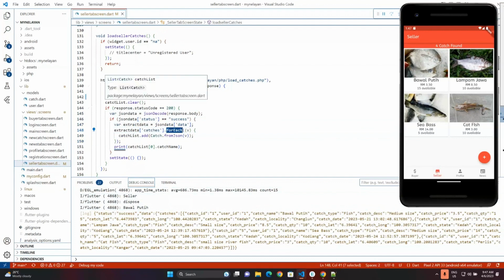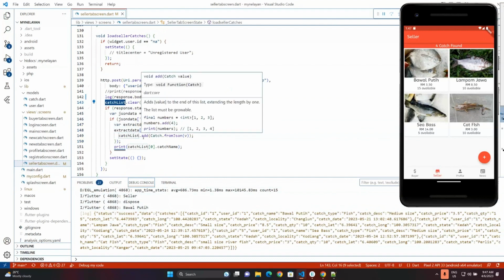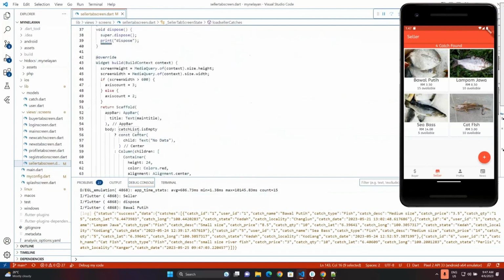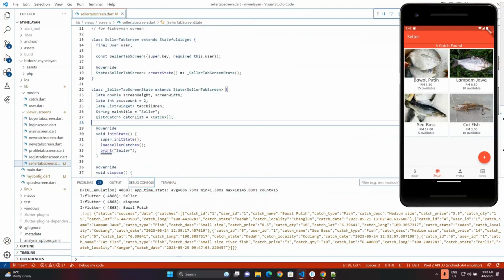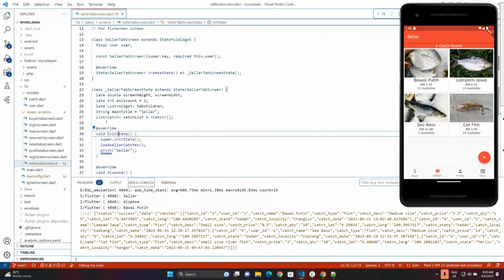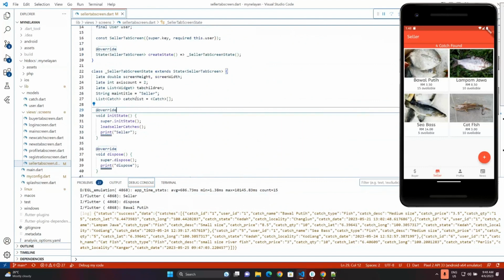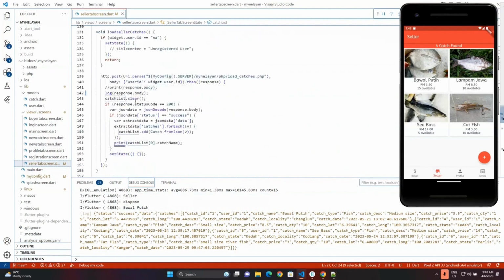So to create the list array, the list array that I have defined here is called catch list. To be able to use this, you need to define this first. So the definition is provided here, and we can define this as a list data type with catch data object. For the catch data object, you need to import it, as you can see here. And then we can just create an empty list array. Okay, so here we create an empty list array object, and then now we can further use that